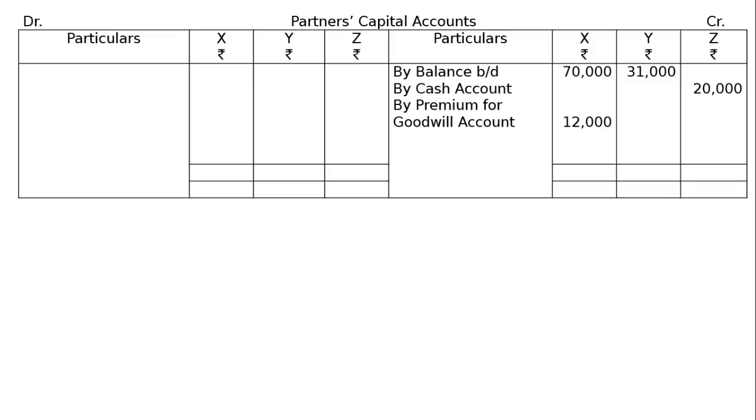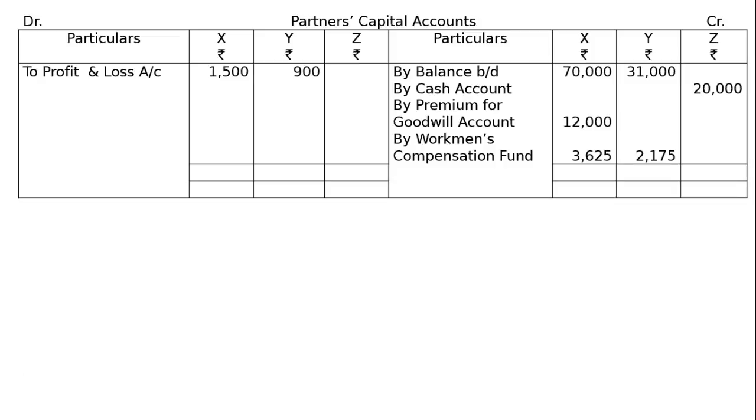Then your workmen's compensation reserve, that is already distributed. I have already explained this. Then revaluation loss in the debit side. Profit and loss account is appearing in the balance sheet's asset side, 2,400. This is an accumulated loss or last year's loss, as the case may be. Now it will be distributed among old partners in old ratio. X's capital account debited, Y's capital account debited